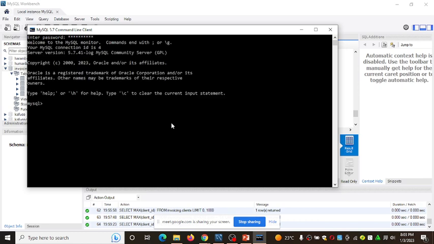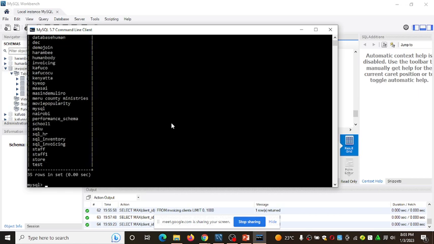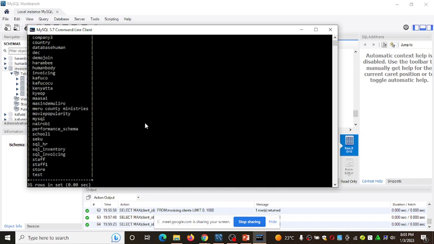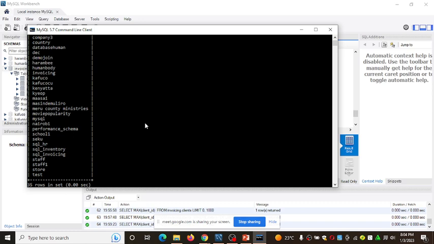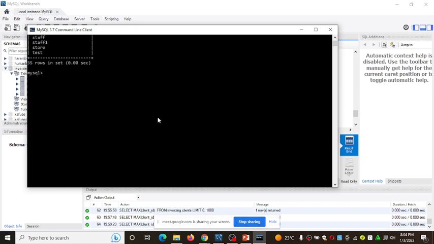That is it. Now I want to see the databases that are present. So I use show databases. Then I click that one. You see what I have here is the databases. I want to use the invoicing database. Invoicing is there. Now I want to select everything from